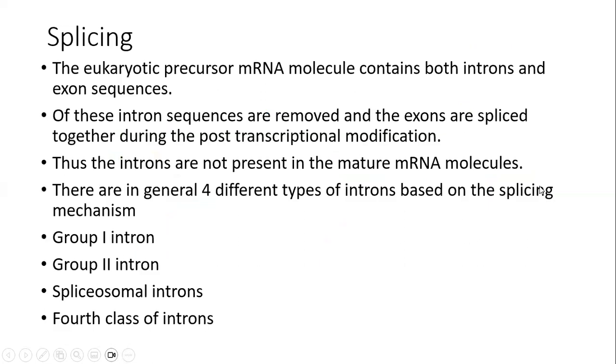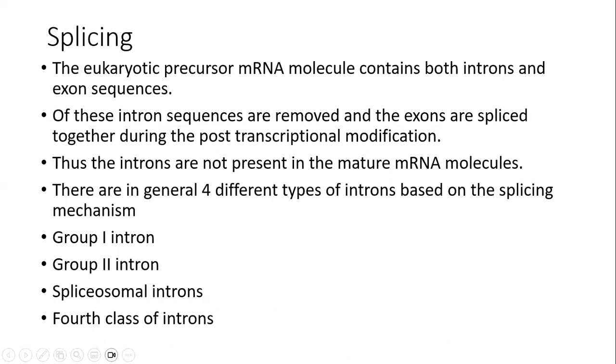Then coming to the splicing reaction, which takes place in the eukaryotic precursor messenger RNA molecules. Initially it contains both intron and exon sequences. Intron sequences are sequences that are present in between the exon sequences, which are the actual coding sequences. During the splicing reaction, these intron sequences are removed and the exons are joined together with each other, forming mature